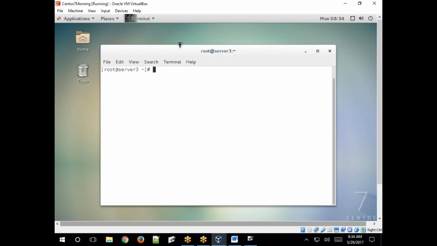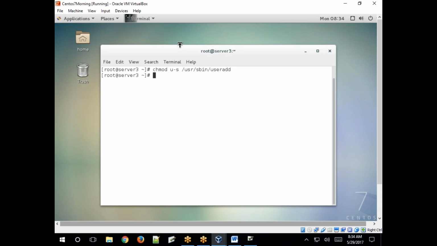SUID allows running that command with root privileges. So remove that. How to remove SUID? chmod u-s /usr/sbin/useradd. You need to remove that.